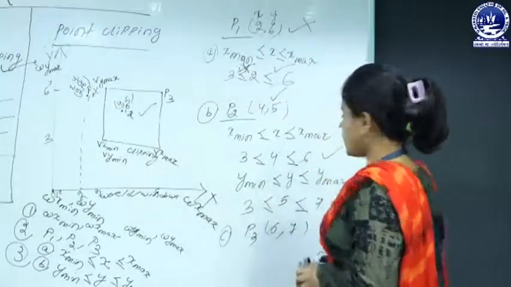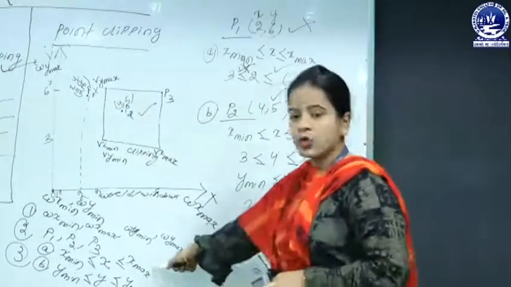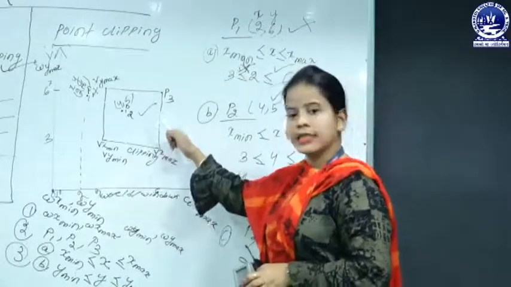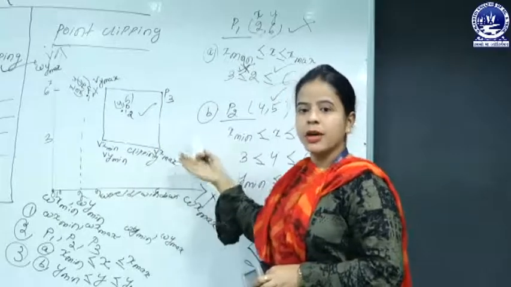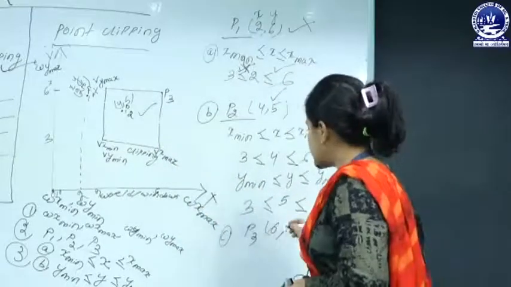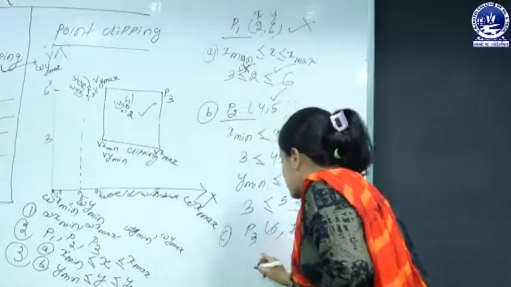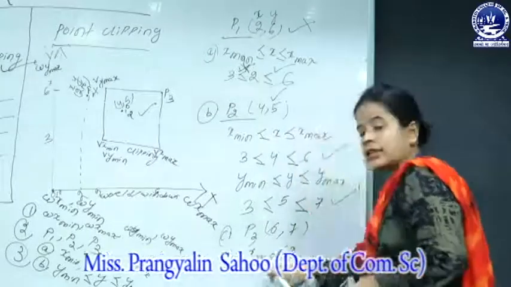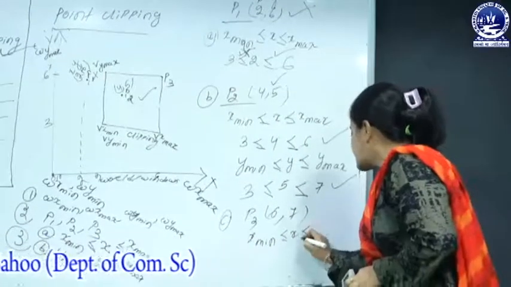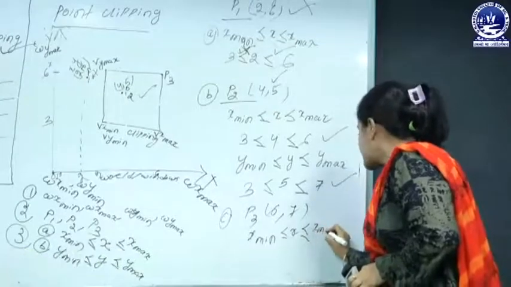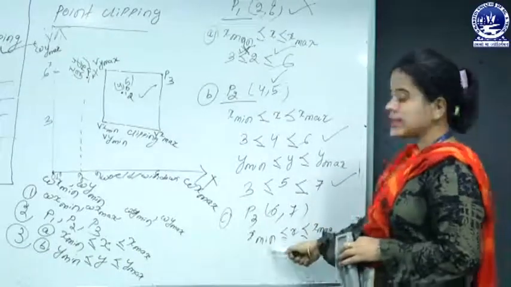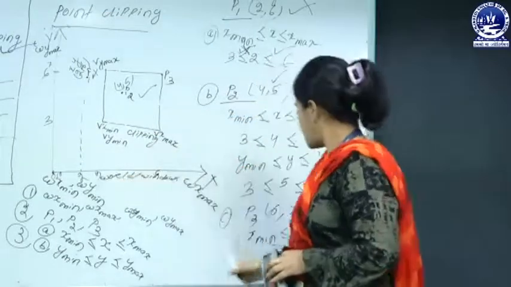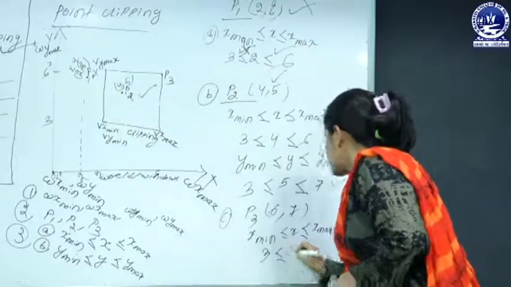Okay. So now to check by using the given two constraints, because by using two constraints we have to check whether the given pixel point is present inside the window or outside of the region. So now to check here x minimum is less than or equal to x, then less than or equal to x maximum. Okay. So here the x minimum coordinate of the clipping window contains value 3 and 3 is less than or equal to x.